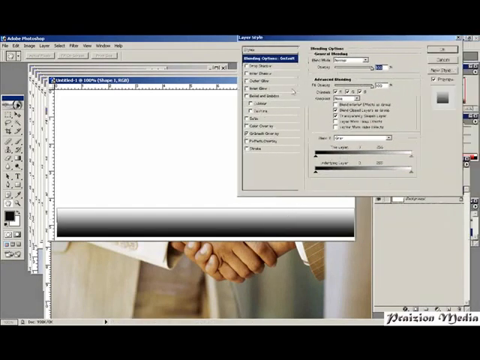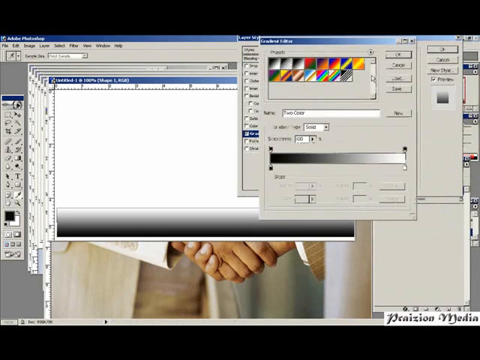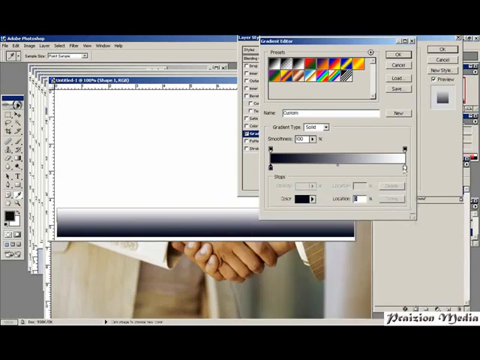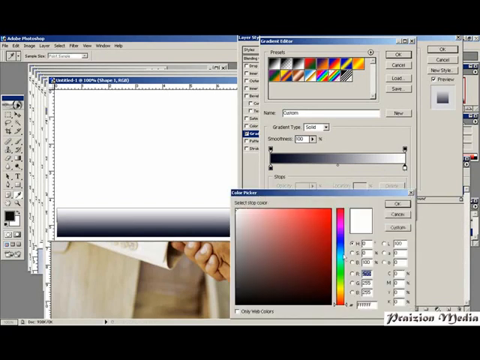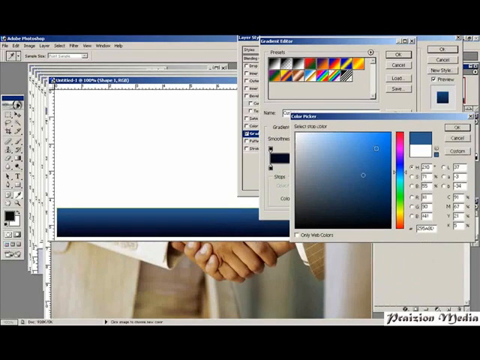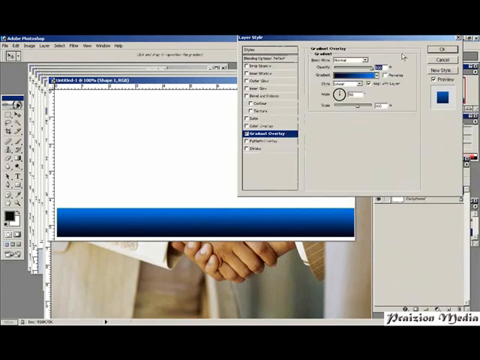If you click on this gradient drop down here, you can see that you can alter your colors however way you wish. You can see those colors changing. Well, let's say I want a blue. I want it to be kind of blue down there, or maybe towards the lower end of blue, going towards black. And then where I've got white, I'm going to click that. Then I'm going to go to the color, click on it, and I'm going to select something different. You can see there's a nice blend working out back there. I'm just going to select a blue like that. I'm going to click OK in all my boxes, and that's going to be my, should I say,